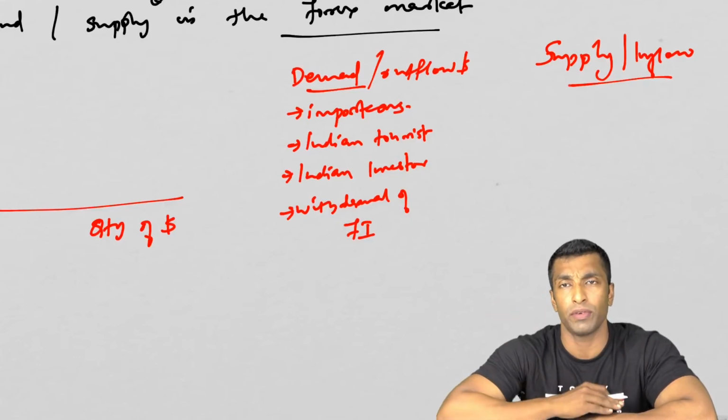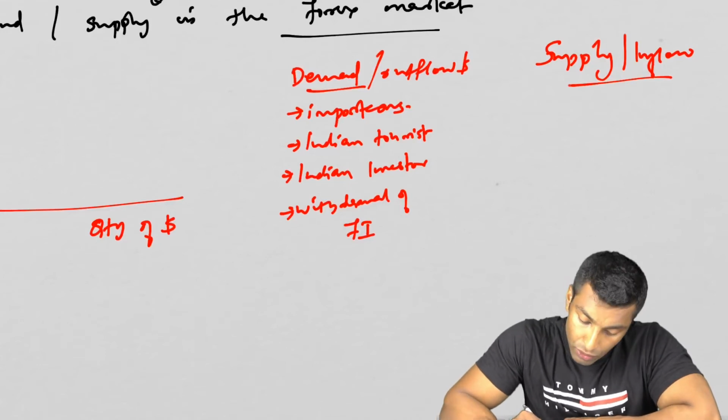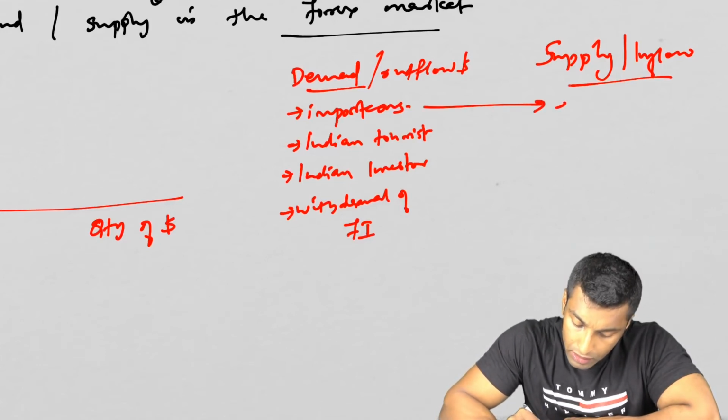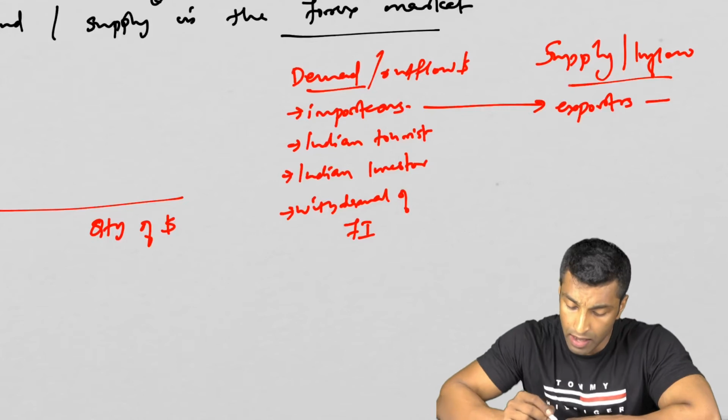Whatever it is, that dollar will be with the RBI. Okay, so RBI or authorized agencies. So mainly, if here it is importers, here it will be exporters. Okay, so these are the main suppliers, and then